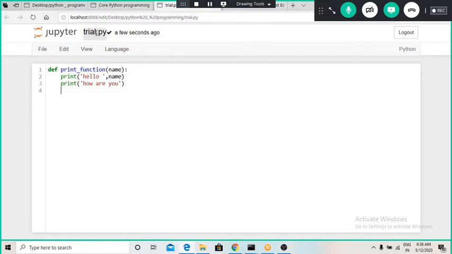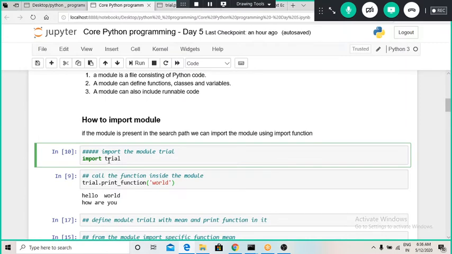Now I want to import that particular module. For importing that module I have to use an import statement, and I have imported this trial module. Also I have to make sure that this module is in the same directory which I am using right now.